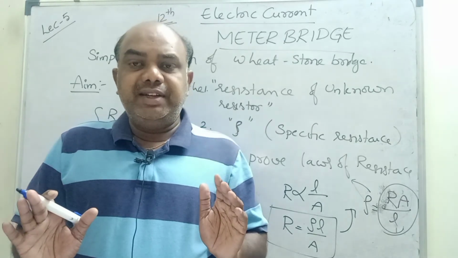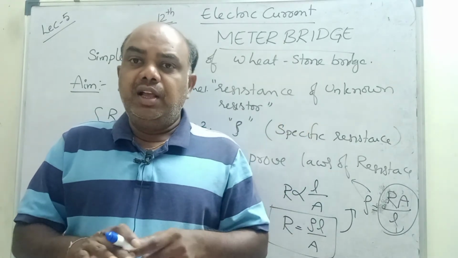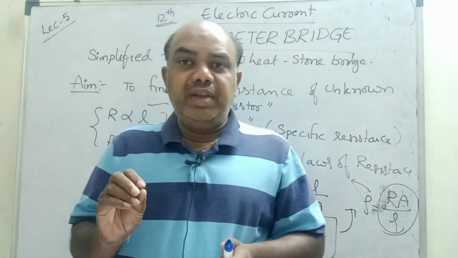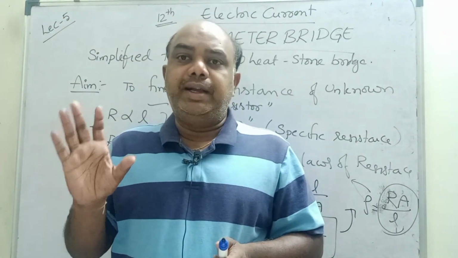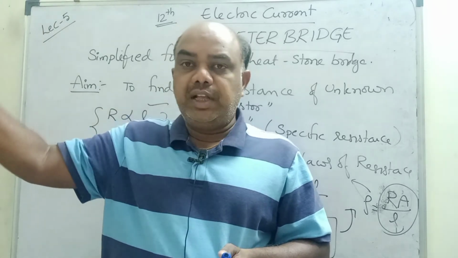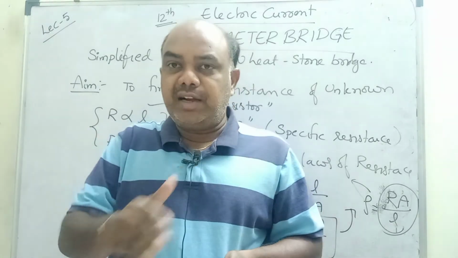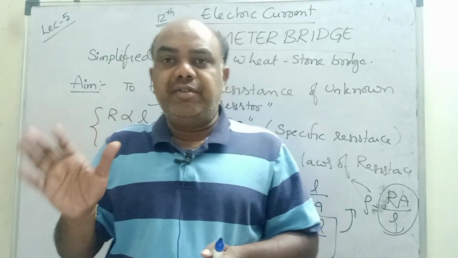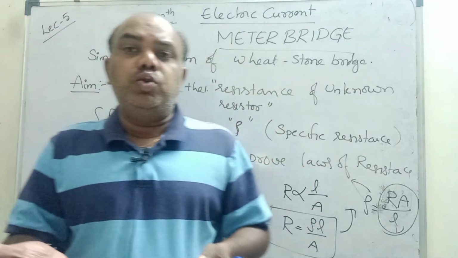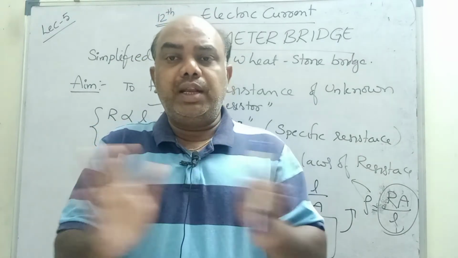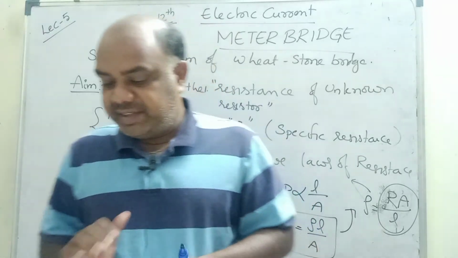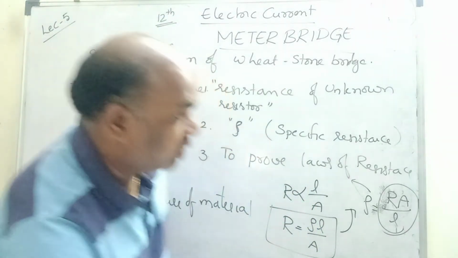What is a balanced Wheatstone bridge? We saw in the last lecture, in the middle wire current does not flow. If current does not flow, that is what a null point is. So the same current flows in the upper section as well as in the lower section. So we can eliminate the middle wires. If current does not flow, there is no use of resistors. So you can remove the middle wires, then you can simplify easily. This is the meter bridge introduction.